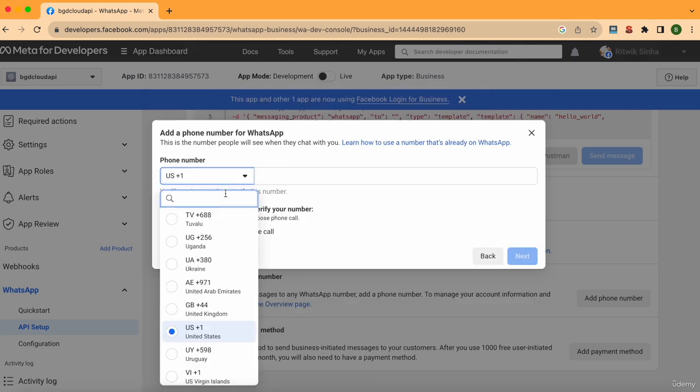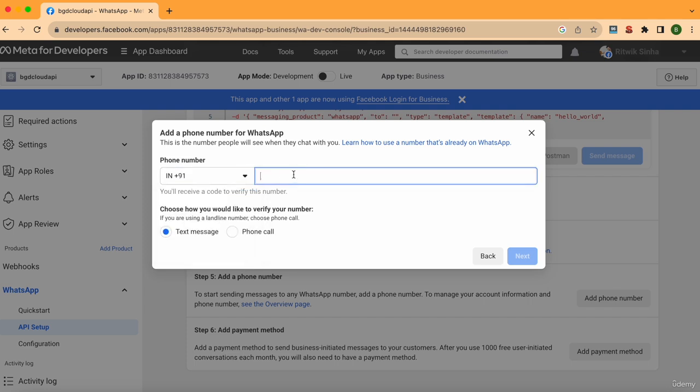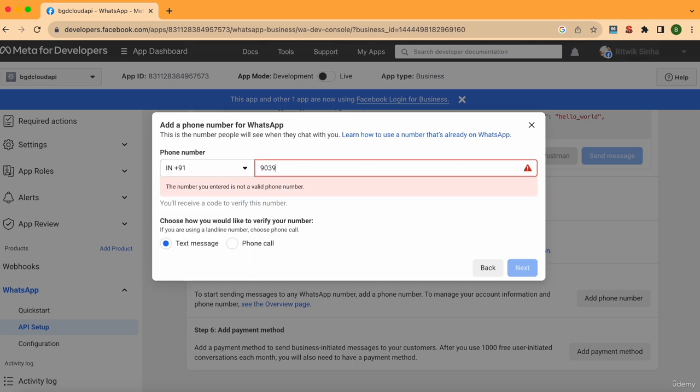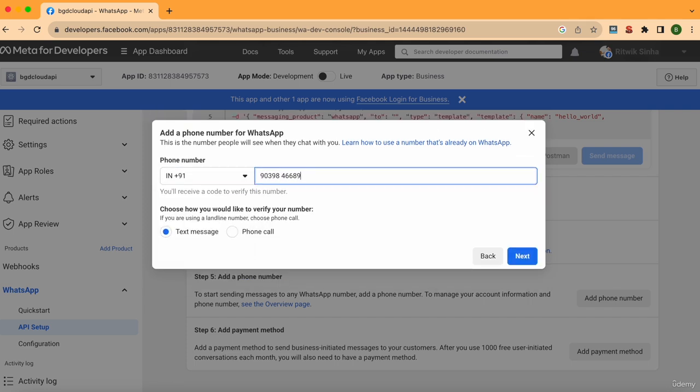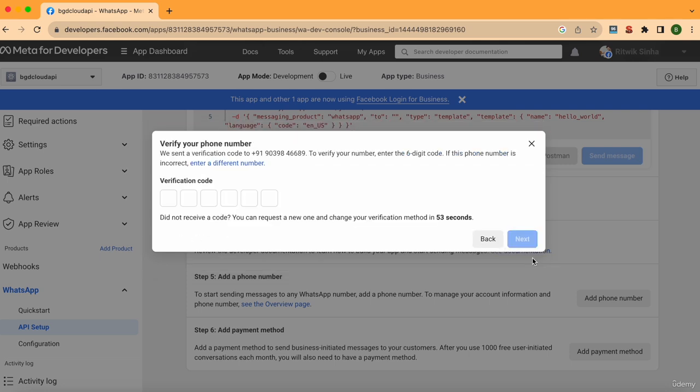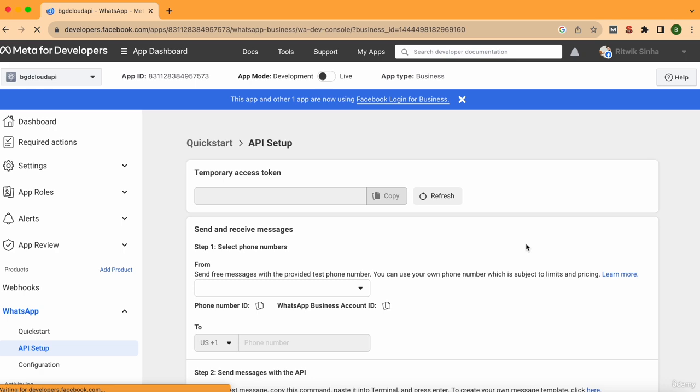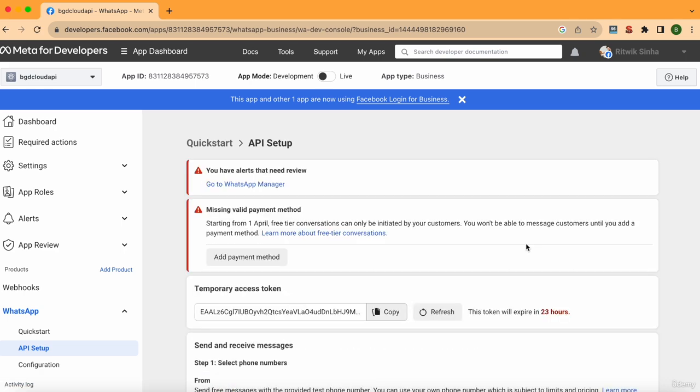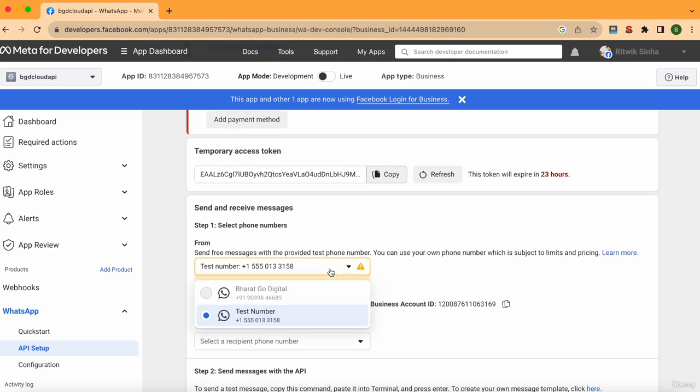You can choose the country code, and you can put the phone number over here, and then now you will be getting the verification code. So in our case, the verification code has come now, and we have verified it. So we can see that our number is already showing up here,